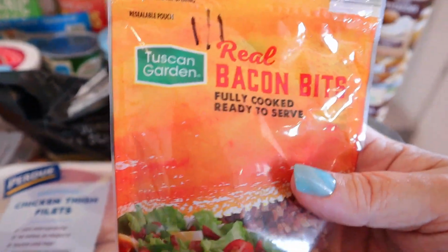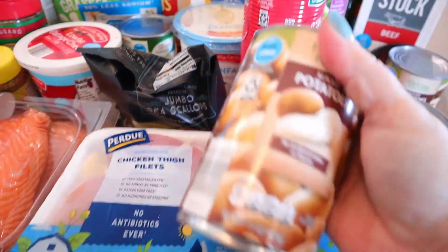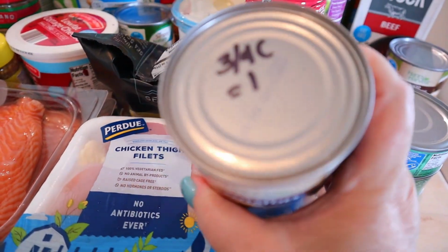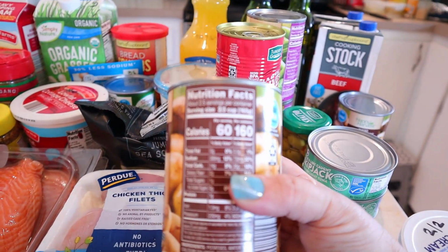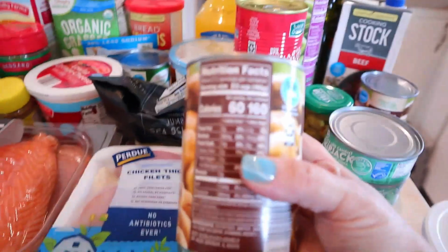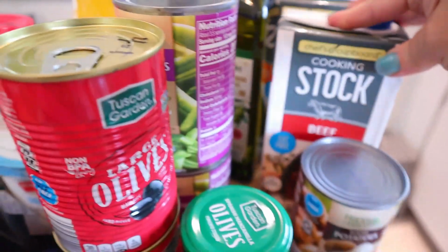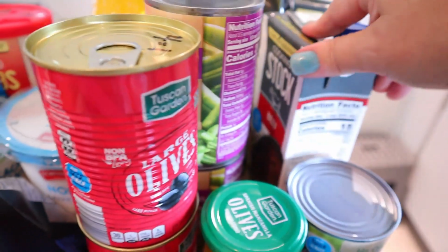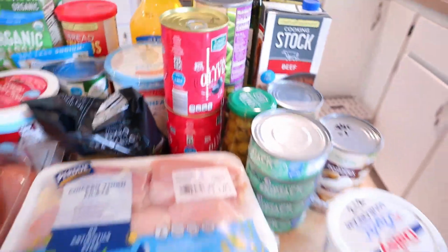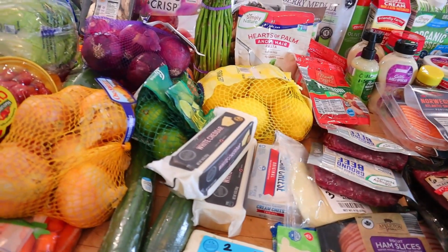Some bacon bits, 1 point for 1 tablespoon. And 30 calories for the tablespoon. Also some canned potatoes. These ones you can have 3/4 of a cup for 1 point. And for calories, it's 60 calories for 2/3 of a cup, or you can have the whole container for 160. And then the other things I got back there are some beef stock and also some chicken stock. Those are both 0 points on Weight Watchers, and 15 calories for the beef, 10 calories for the chicken, and that's for 1 cup. So that's my pretty big Aldi haul this week, and I ended up spending about $290,